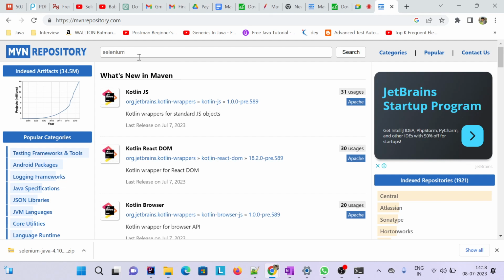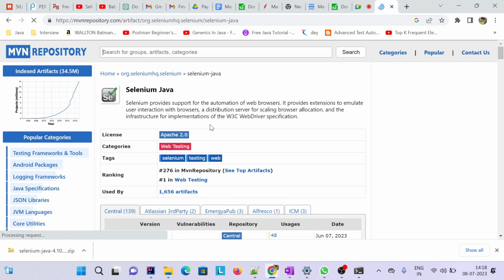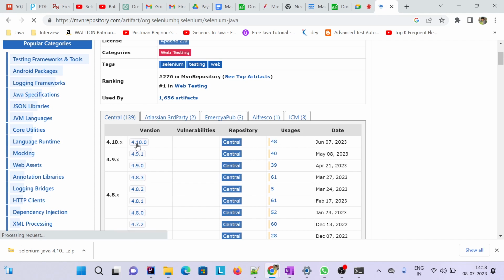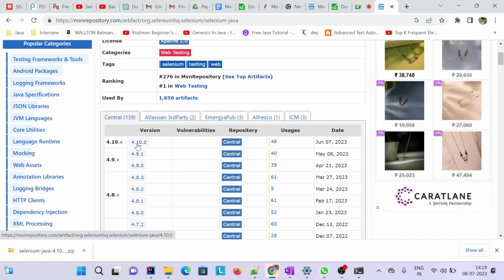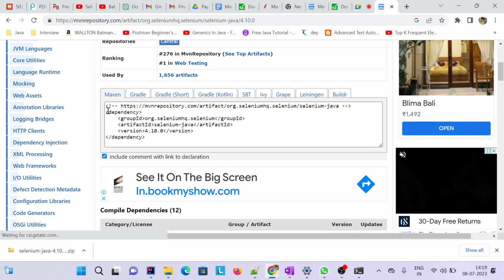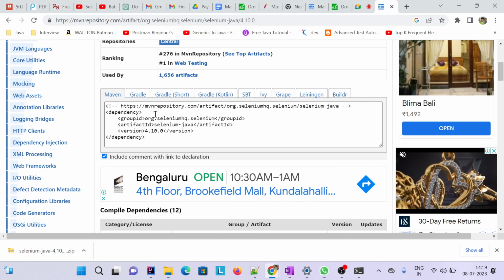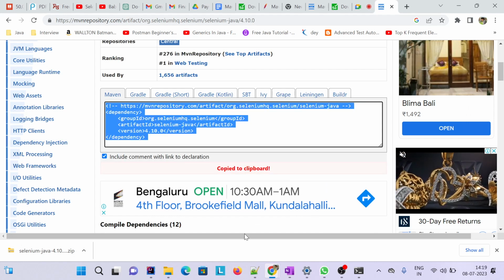We are not going to the official websites now; we are going to the Maven repository because Maven is going to download it for me. So I search for Selenium Java, click it, choose version 4.10 and click this hyperlink. Here you see a dependency. Dependency is nothing but the library. Once I copy it,